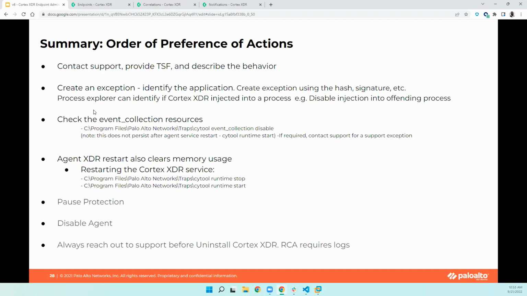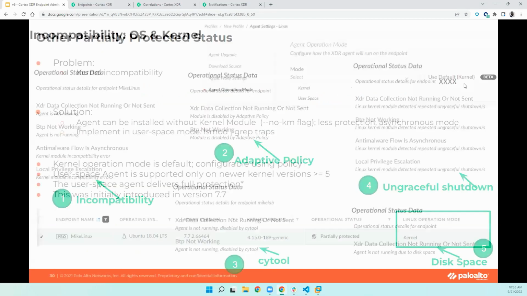some of these best practices. Before you uninstall the agent, it's good to turn off one component and keep the other 9 components enabled. You still have protection on the endpoint as well. So lastly,